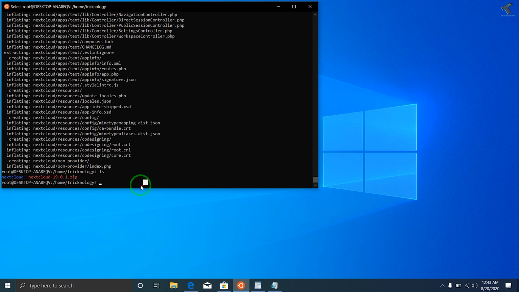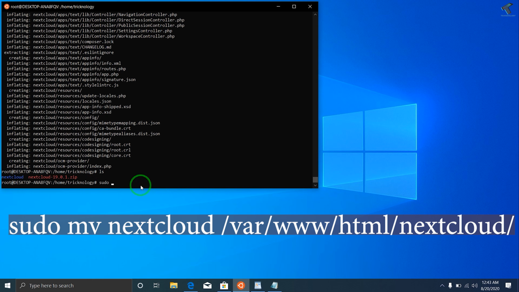So I have to put this command, which is sudo mv for move, then nextcloud, this folder.